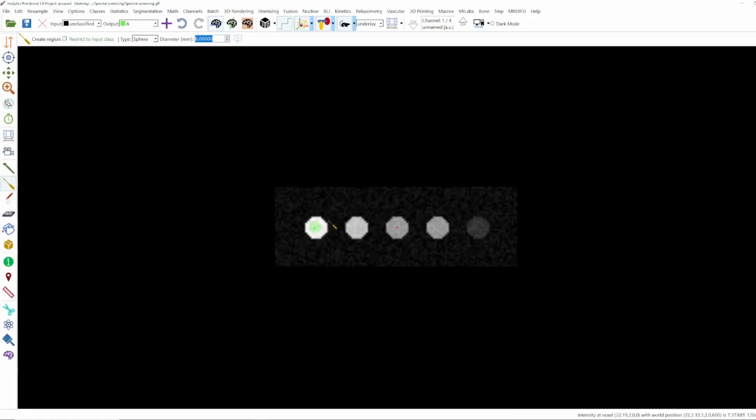And now in the same way I could also create the other regions, but I recommend here to just use the copy mode. Then you can copy the class, you move it to the other wells, and then you can perform your analysis. So for example, in this application, the copy mode has sped up my image analysis. And also it's more reliable because it has the same size, shape, diameter.